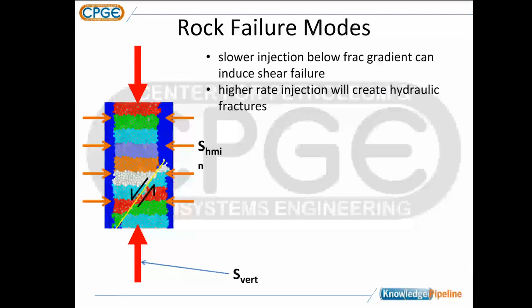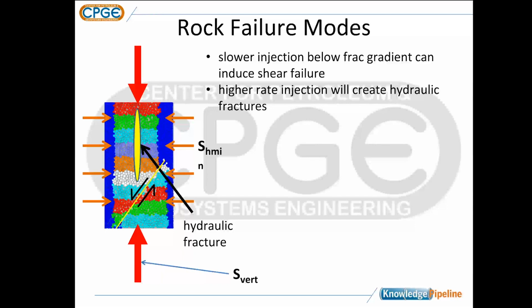If we roll this over on its side, or excuse me, the other thing we can do in this case, based on the magnitudes of the stresses, is other things that can happen that would cause failure would be hydraulic fracturing. So Cliff was talking a little bit about hydraulic fracturing. How do we tell whether we get the shear failure, which is the faulting, versus hydraulic fracturing? Oftentimes it has to do with the rate of injection and the pressure of injection. So the 2 bullets at the top say slower injection below frac gradient, which is what we typically do in injection wells, can induce shear failure. If we're doing a frac job, we're injecting at a much higher rate, and that essentially gives us the hydraulic fracture behavior.